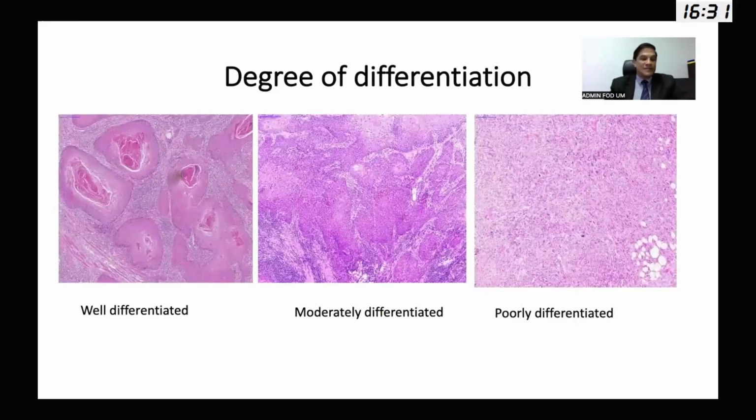What about degree of differentiation? Degree of differentiation, again, as I told you, came in the early 1920s, right? But still, up to date, we use this. It works most of the time. The well-differentiated cancers behave better than poorly differentiated or moderately differentiated ones. However, for all cancers, it is not the same. Sometimes a very well-differentiated cancer goes into a lymph node much more easily than a moderately or poorly differentiated one. But overall, if you look at the majority of cancers, the way they behave, well-differentiated cancers behave better in terms of prognosis compared to poorly differentiated.